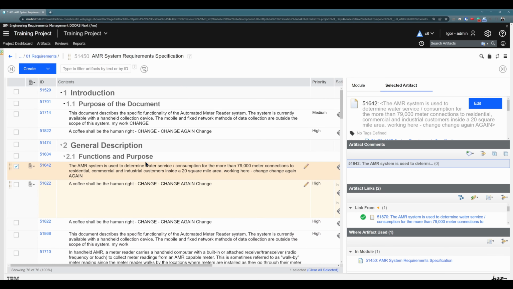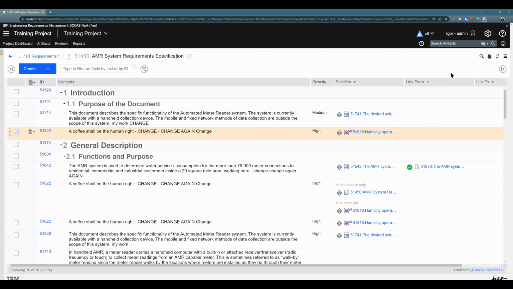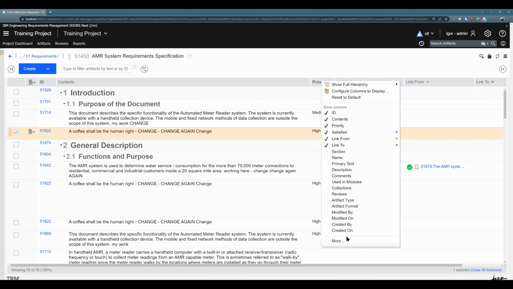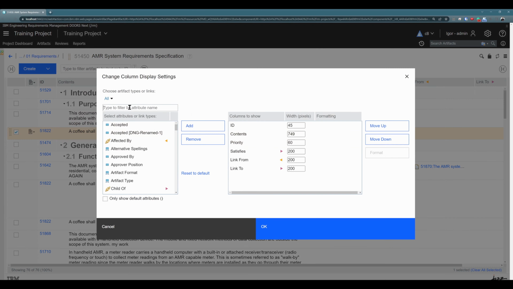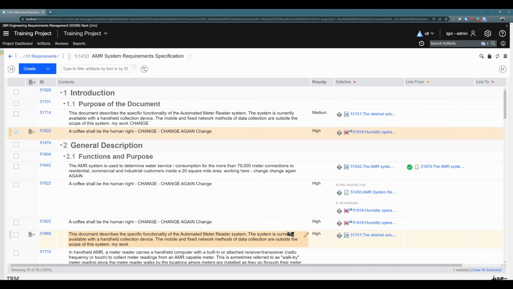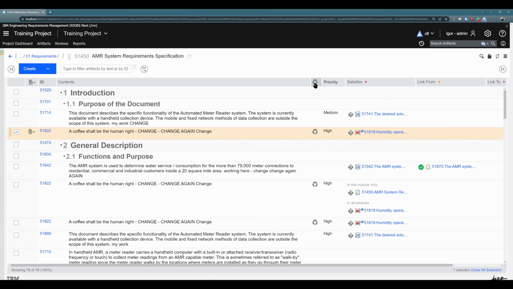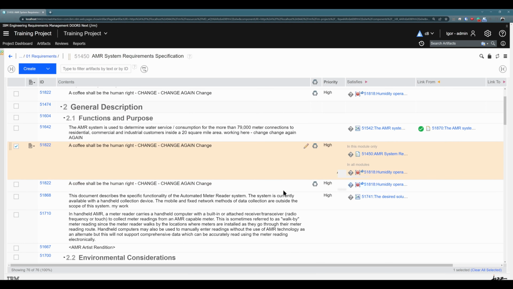All right, so how can you make it more intuitive? How can you see it without this right panel? And it is very simple by adding a column. I will click on more and I will search for used. You have used in modules here, and I will bring it up next to the contents. Excellent. And you have this recycle icon, and with this recycle icon, you see that this artifact is also used